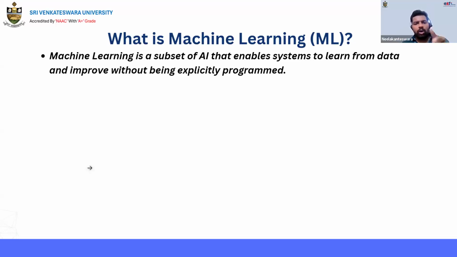Okay, why are we using machine learning? Before machine learning we were using traditional programming. What exactly does traditional programming mean? There we have some fixed rules. That means we write some fixed rules manually, step by step instructions, and based on the instructions we have written, the system is going to execute.